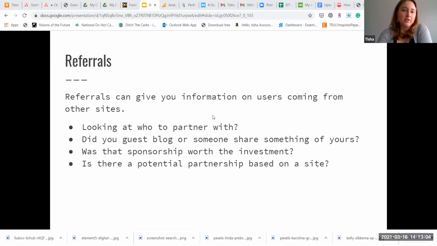When we look at referrals, we're looking at information on where your users are coming from on other sites. This can be really important. I have a trucking company that wants to utilize more of their referrals. So we've dug into them. And one of the chamber of commerces that they're a member of is actually sending a ton of people to